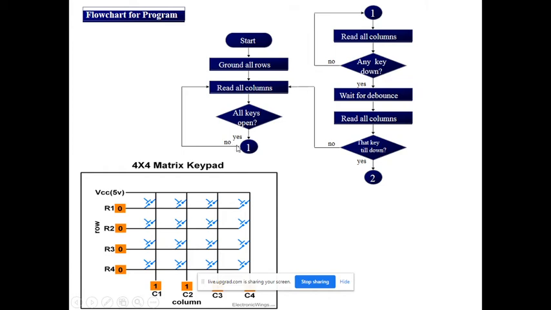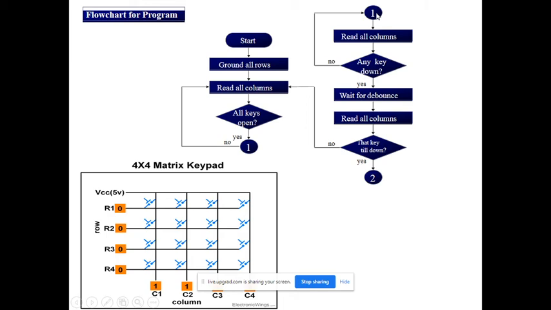And suppose no, declare that your keypad is not in working condition, means don't proceed to the next part. Then change the keypad, otherwise remain here only. Suppose all keys are in release form, all column status is 1 1 1 1, which indicates that all keys are in release form, then only proceed.